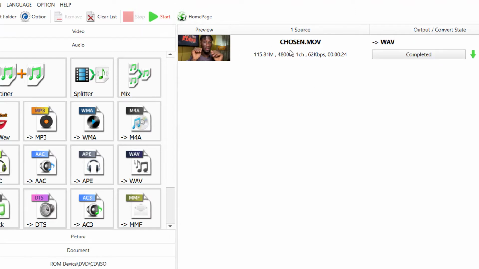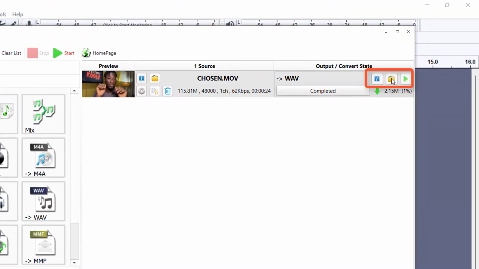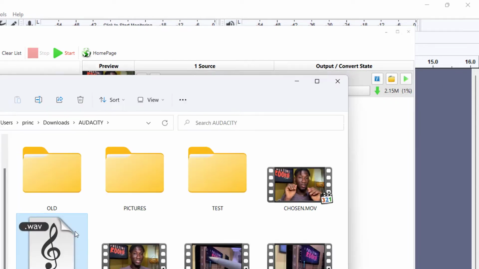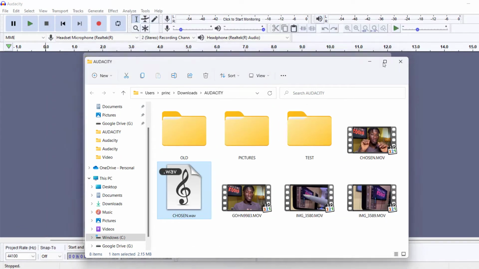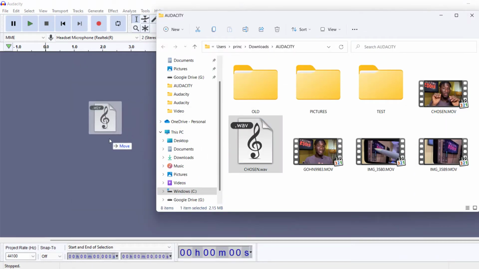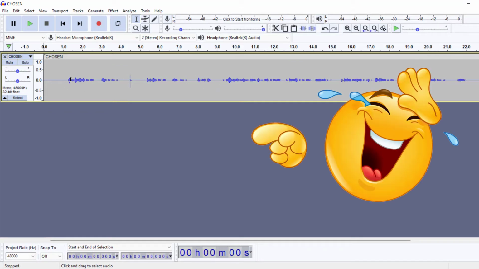Depending on how long your video is, it will take quite a while to finish, but this is completed as you can see. So I'll just click on here and click this small folder icon here to go to the output folder where the converted audio was sent to. So this is the converted audio. It was brought to the same folder as the video. So I'll just close all these windows, drag and drop this audio file now, and you can just see it here. The audio file looks very tiny.